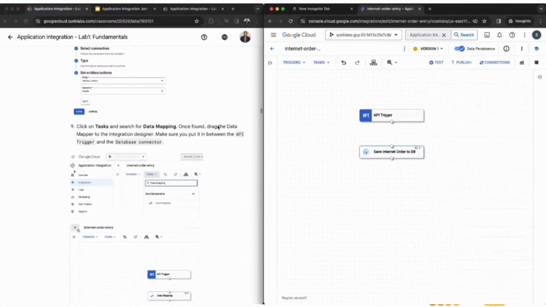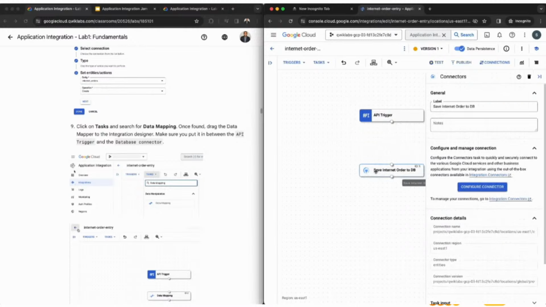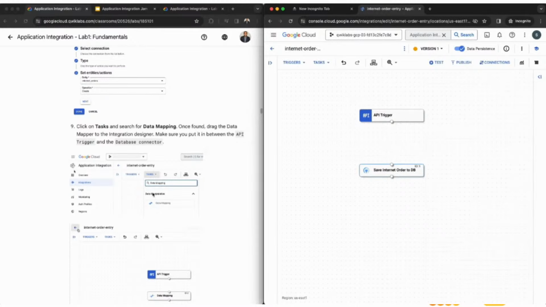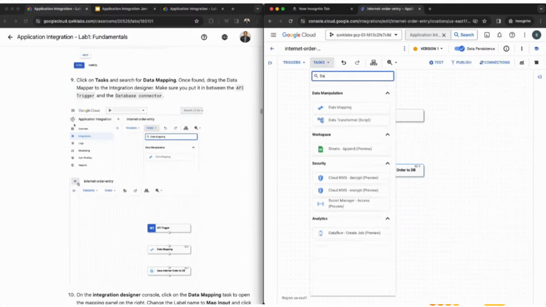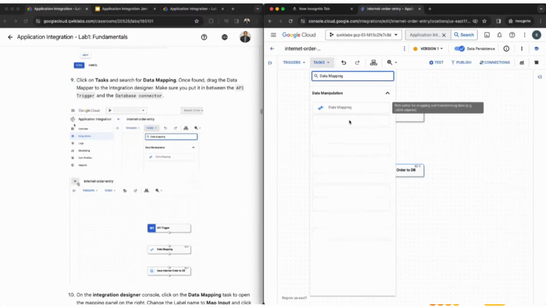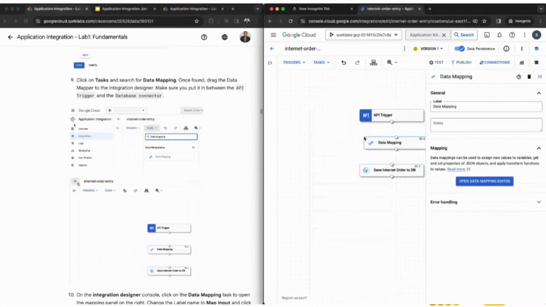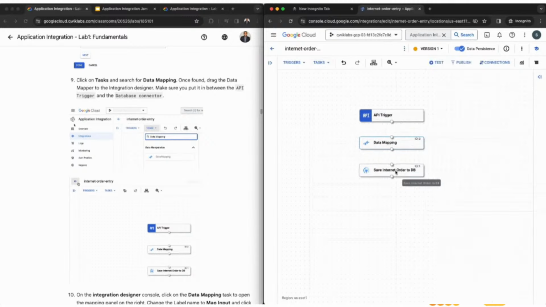Okay, so we're going to ensure that you drag the data mapper into the integration designer. So we're going to drag it in between the API trigger and the database connector. So we're going to pull this one down here on the screen. And then we're going to go to data mapping. So it's going to go to task. Let's type in data mapping. And we're going to pull the data mapper in between the API trigger and the connector that connects to the